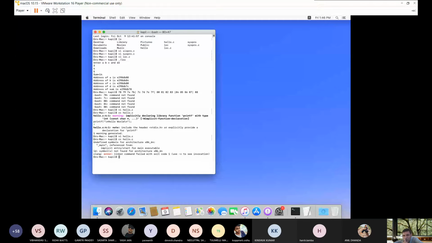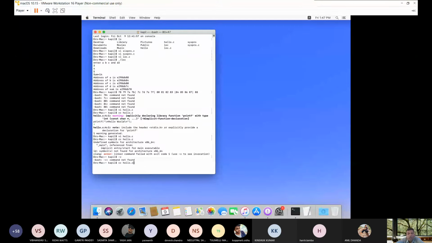You can see that: linker command failed with exit code 1. So here you can see that this will be the error.